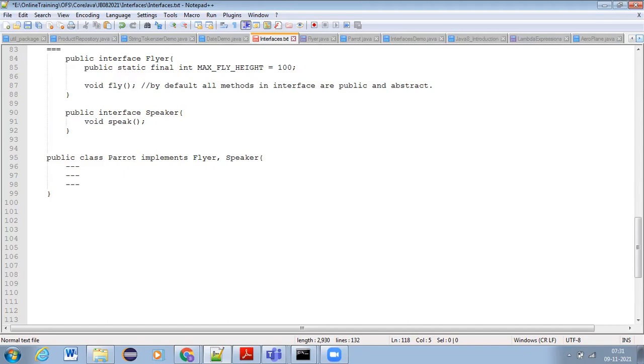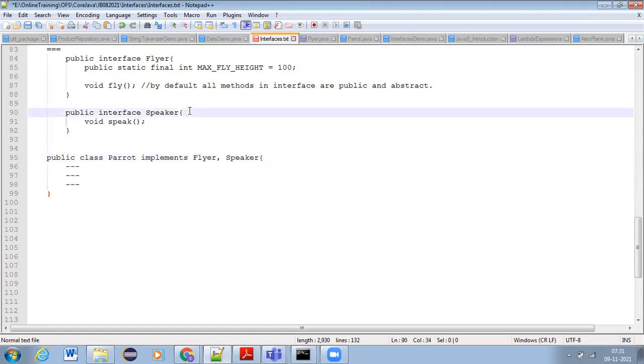Two methods you need to override at minimum. These are compulsory.